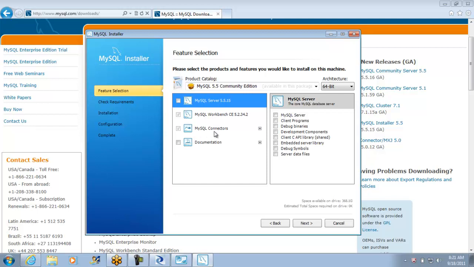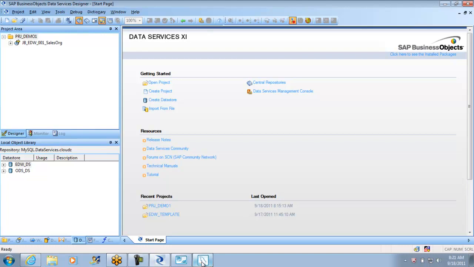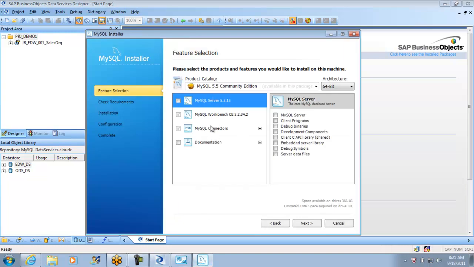MySQL connectors are also important because they will be useful when you create an ODBC data source, I mean open database connectivity. Few of the softwares will not accept the older ODBC connectivity, the 3.1. At that time, you can use the latest, so that's where it will be useful. These are very few important installations and very easy installations. You do it yourself.